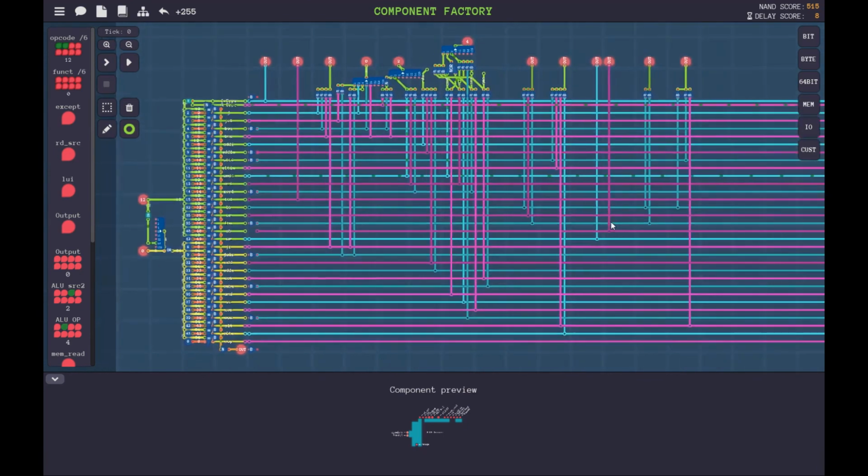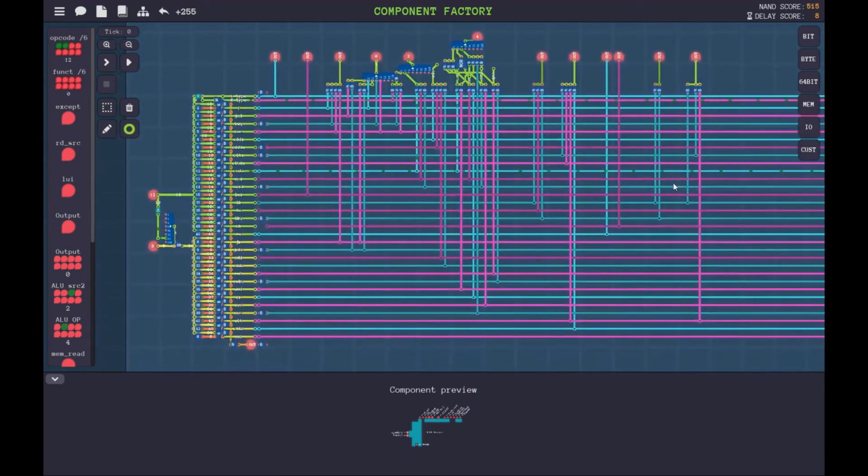So yeah, this is going to be the instruction decoder that we are going to use for MIPS. I will clean up the circuit a little bit, although I don't think we're going to have to look at it again. And I think this video has gone on long enough, so next time we will talk about sign extension and that kind of thing in the control unit,